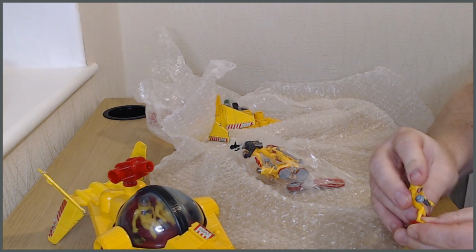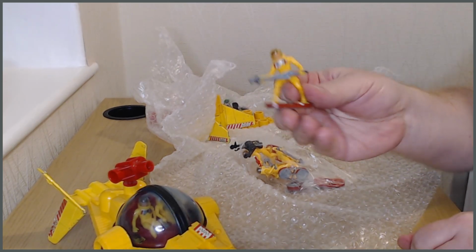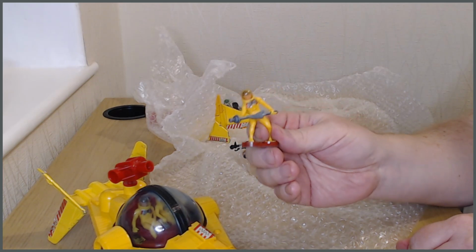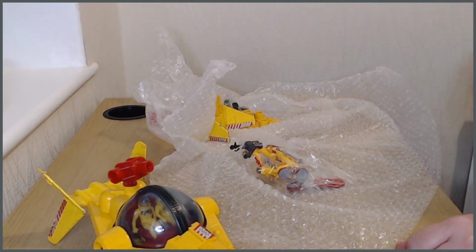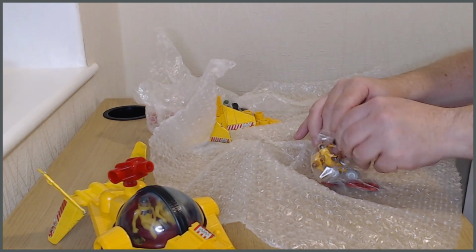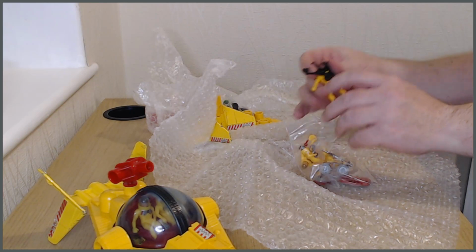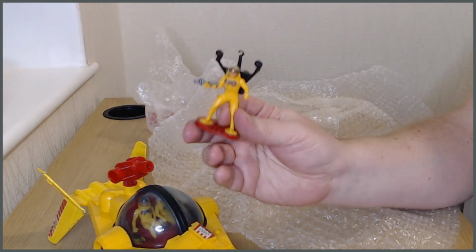So you've got this little sort of rifle guy there. And who else have we got? So this chap. Oh wow! I've actually got this. This is in this pack. So he's like, you know, special ops kind of guy. So he can actually